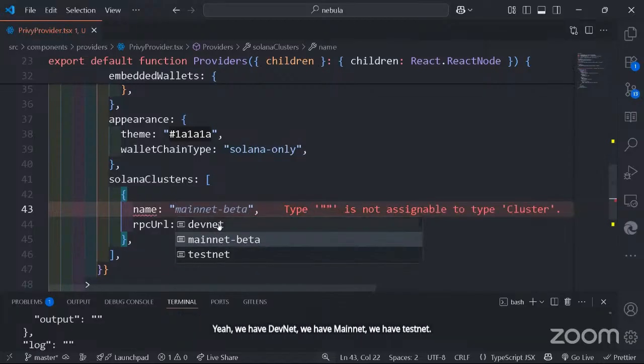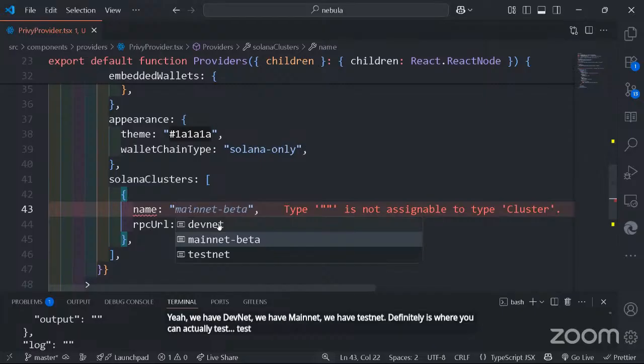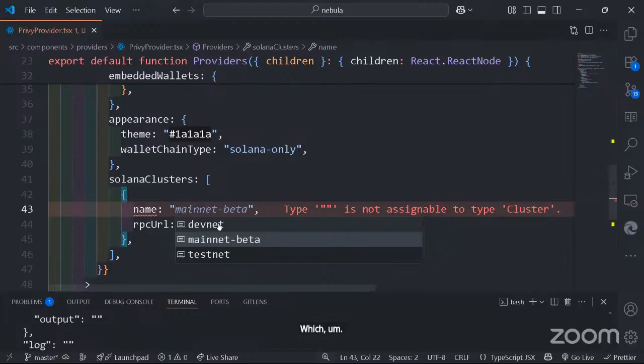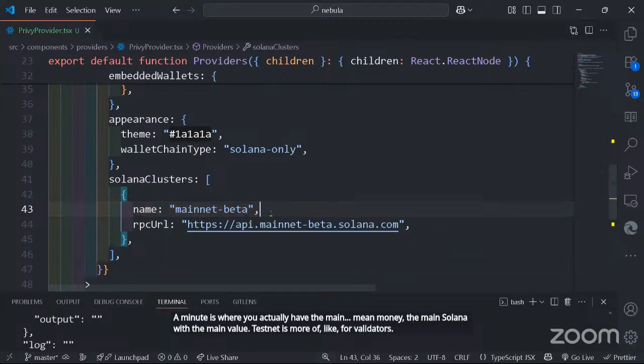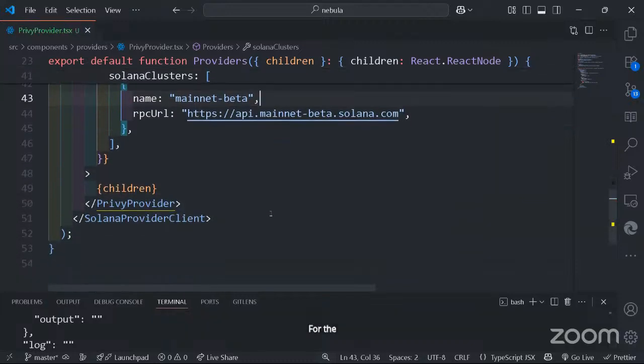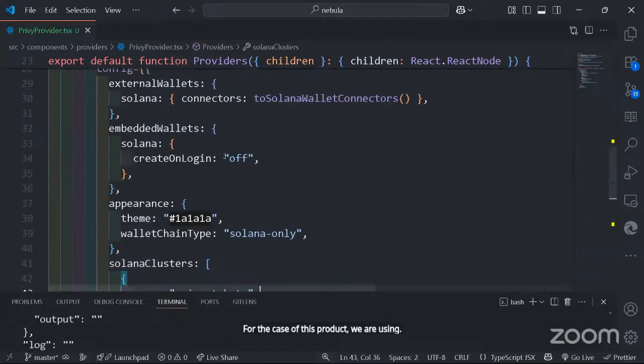Devnet is where you can actually test out your stuff with no real money, so you can test it with fake money and all of that. Mainnet is where you actually have the main money, the main Solana with the main value. Testnet is more for validators. For our product, we are using mainnet. So once I'm done,